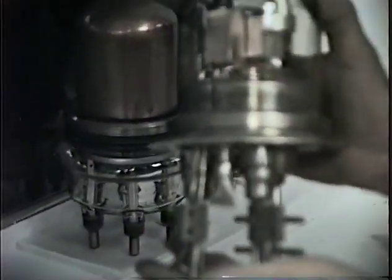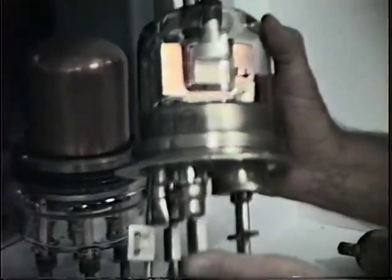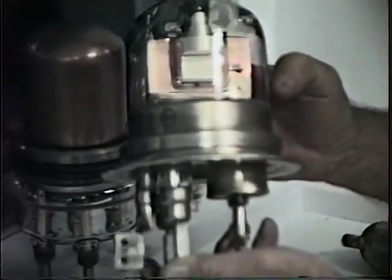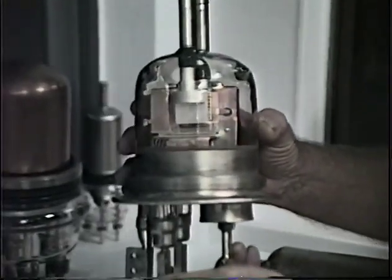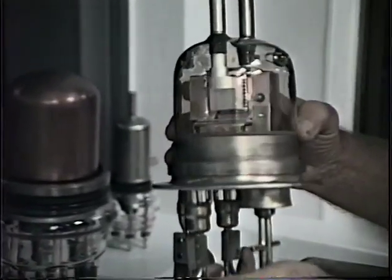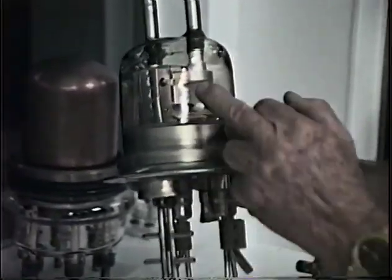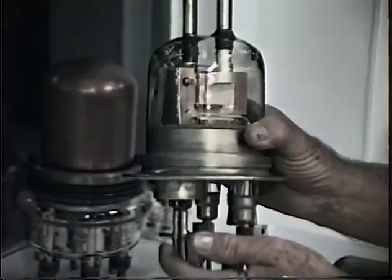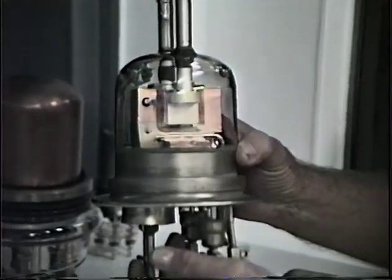This tube has automatic neutralization built into it. And if you see over there on the right-hand side, you see a little tab, and each plate is connected over through that little tab to the control grid on the other side. So this tube is internally neutralized. It's push-pull neutralized. There it is on the other side. So no external neutralization is required for this tube. Everything water-cooled. 5 kilowatt